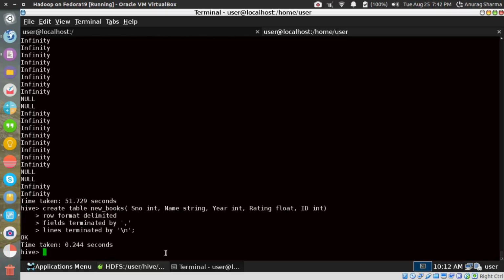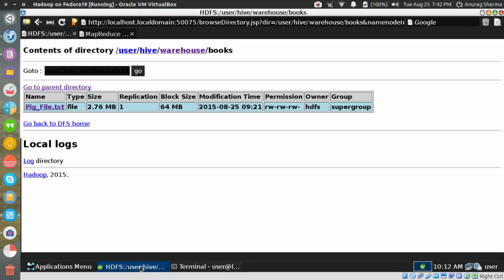Okay, so load data in path using store reg. No, it's not a comma, it's a semicolon if I'm not wrong. Let me check.